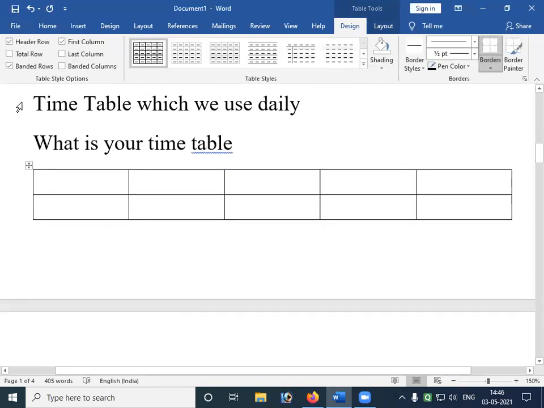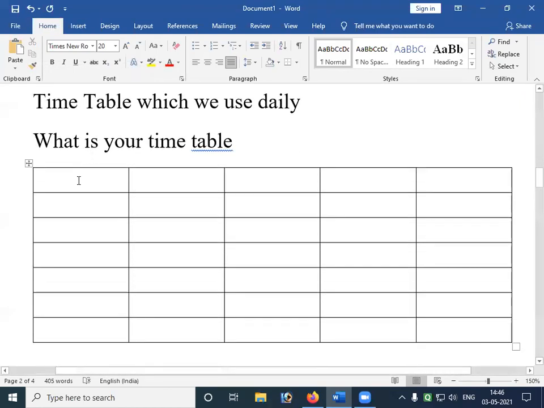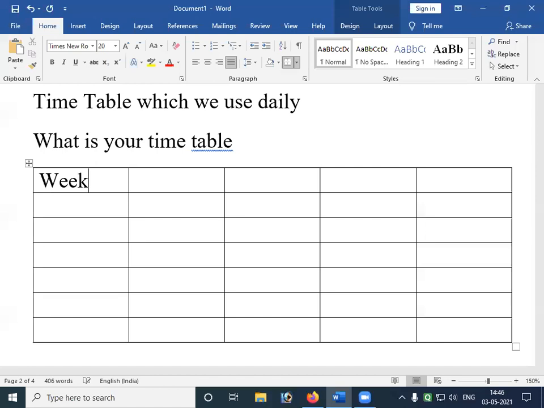See, I'll just show you how our timetable would be like. We write here week name, first hour, second hour, third hour, fourth hour, so on. Here I'll write Monday, Tuesday.